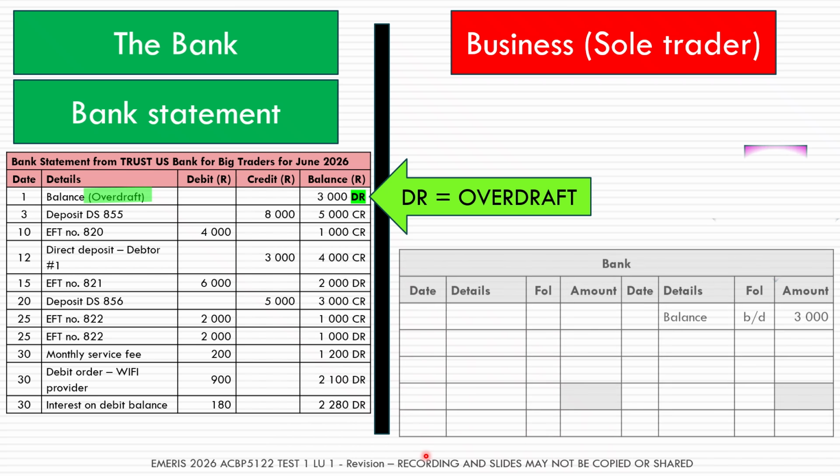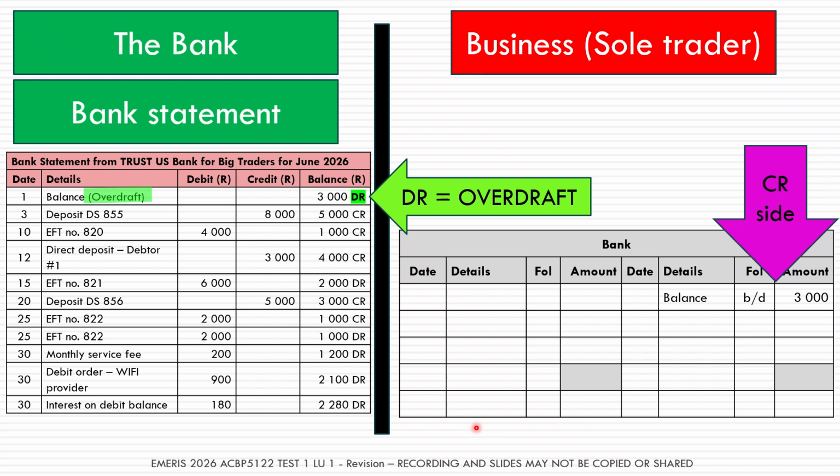But a debit, typically in the general ledger, is not an overdraft, but it's actually an asset. So in the general ledger, we are not going to reflect this on the debit side in the general ledger bank account, but we're actually going to show it on the credit side to reflect that we are in fact in overdraft. So can you see the difference?